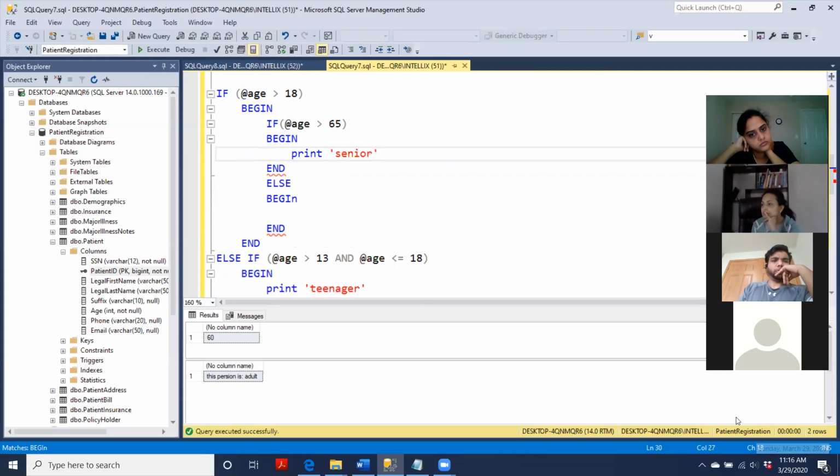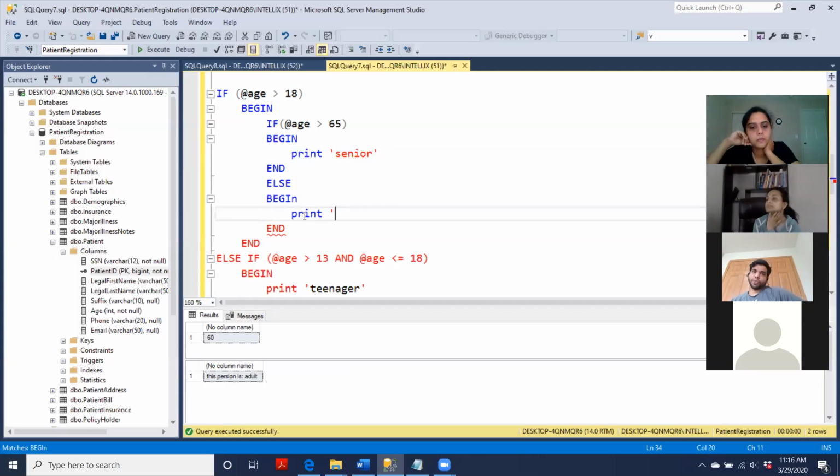My program will come here and it will check again. Is the age greater than 65? After the age is greater than 18, right? Within that, I have multiple conditions within that code block. So now it will print senior, or I can say print middle age, whatever, something like that, or younger, right? So if I run this program,